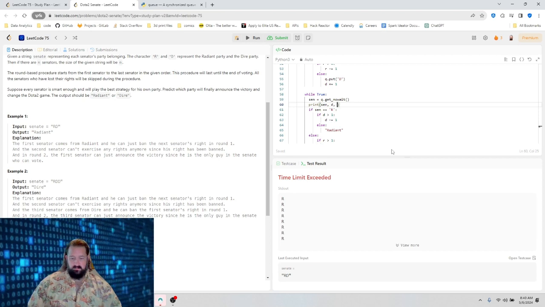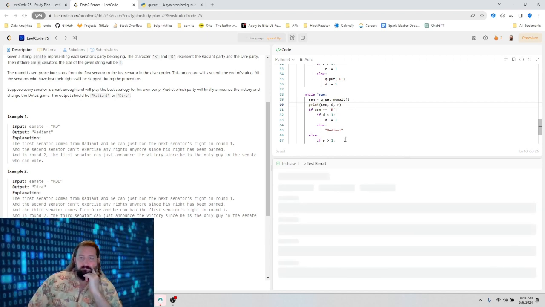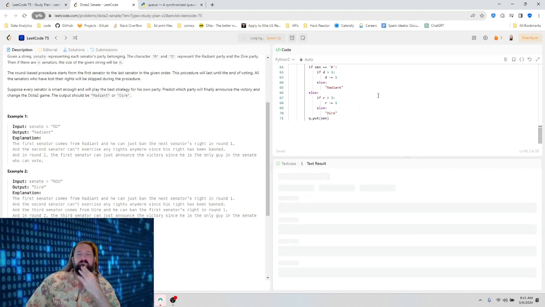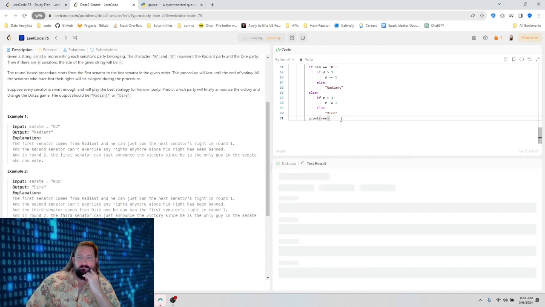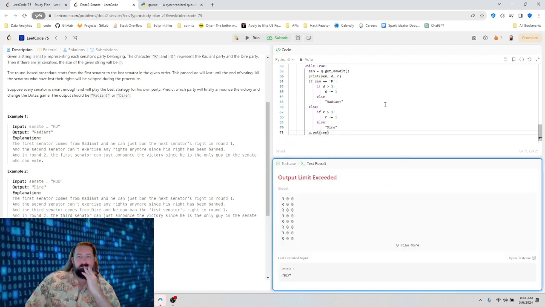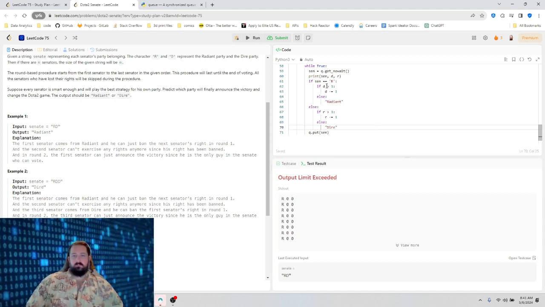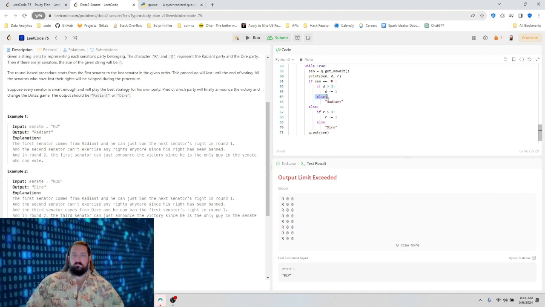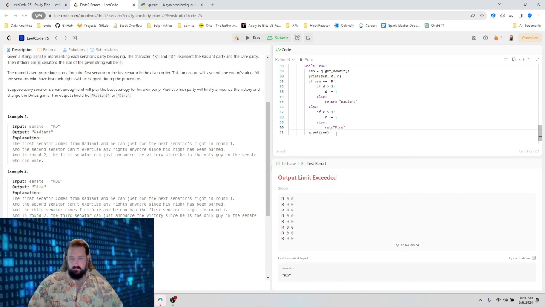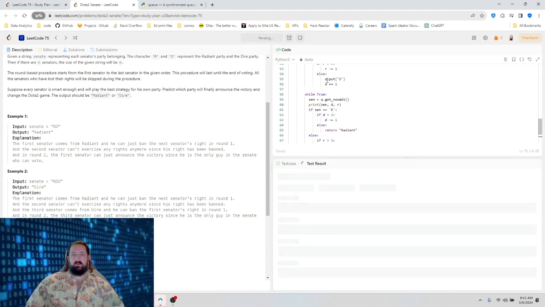Senator and D and R run, both at 0. Oh, I'm not actually returning anything. Okay.